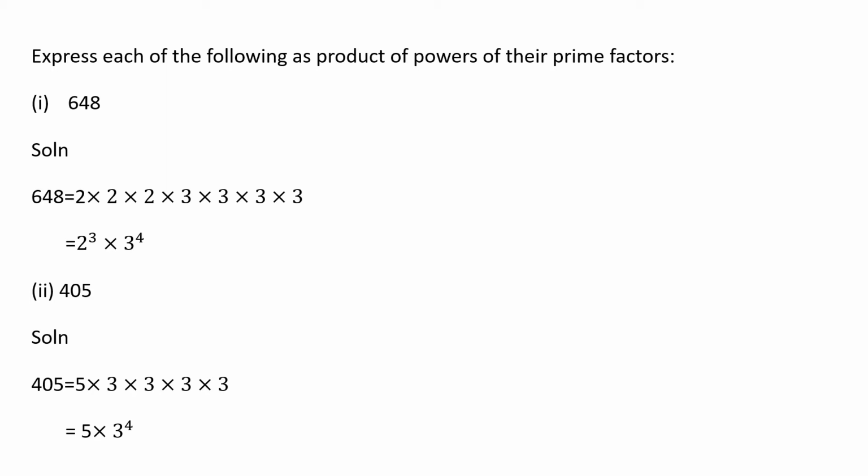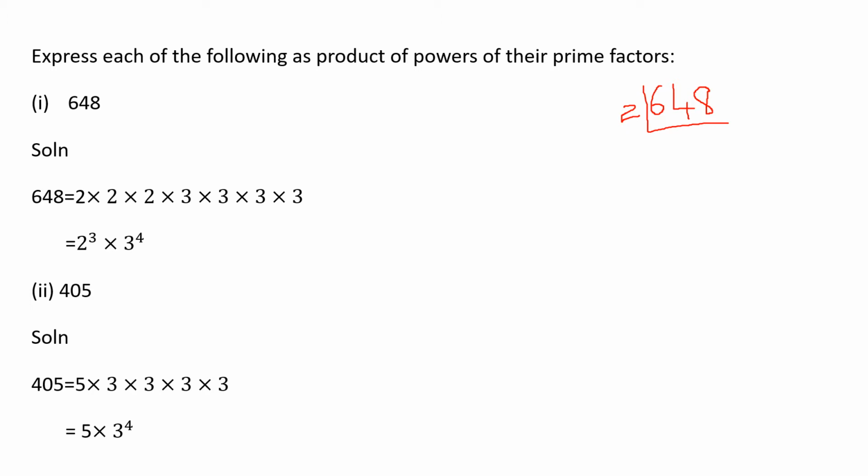Okay, look at how you will do factorization. Factorization you will have studied in your smaller classes, right? So you all know, even though I'll do one problem. 648. We always start with the smaller number. It is divisible by 2, so we can go for it. If it is not divisible by 2, then we'll go for the next number.